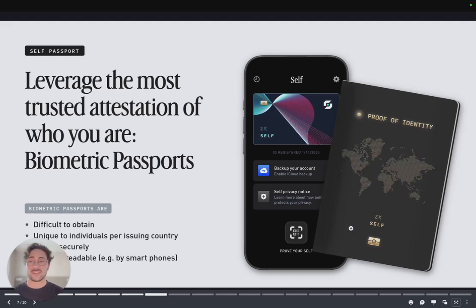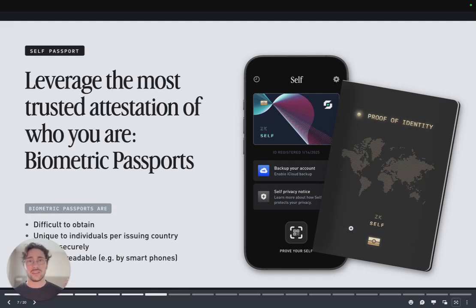And finally, and most of all, they are machine readable, meaning that using the camera, you can scan the machine readable zone of the passport, for example, on the main page. But there is also in a biometric passport a chip that you can read using the NFC reader of the phone. This chip contains most of the passport data, but also the digital signature of the document,